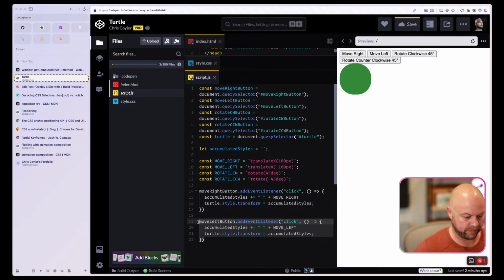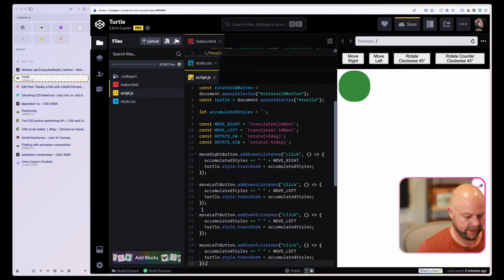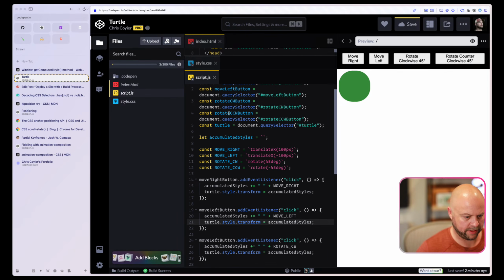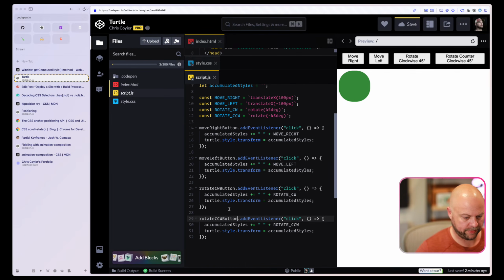And then the actual click handlers are a little repetitive. Now I'm feeling like there probably is a way to make this less repetitive because it is very repetitive. And we're attaching it to this button and this button. Begging for abstraction, isn't it? So still, move right, move left, move right, move left, rotate, which we'll barely be able to see,